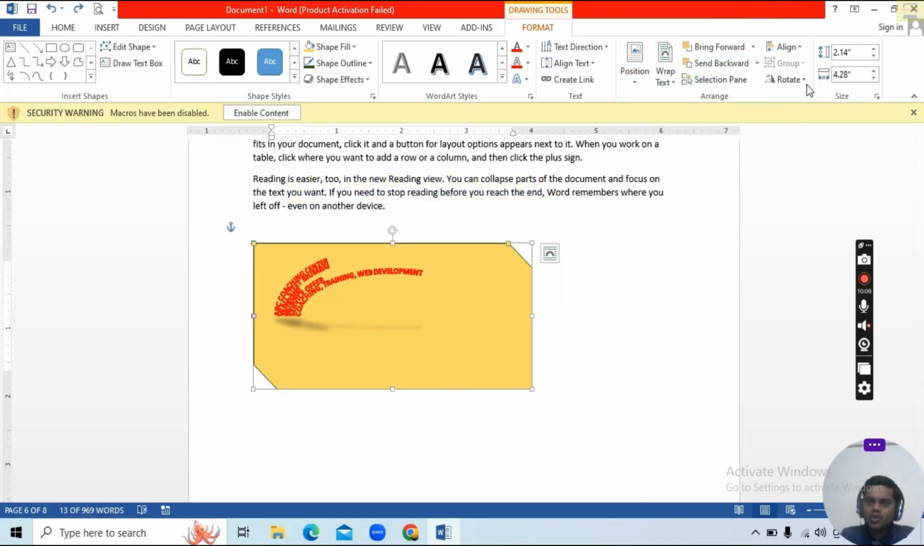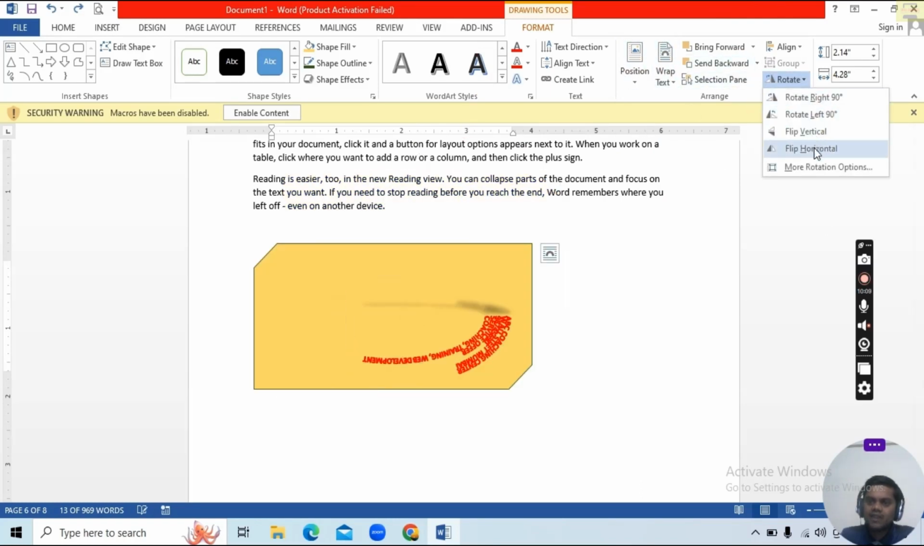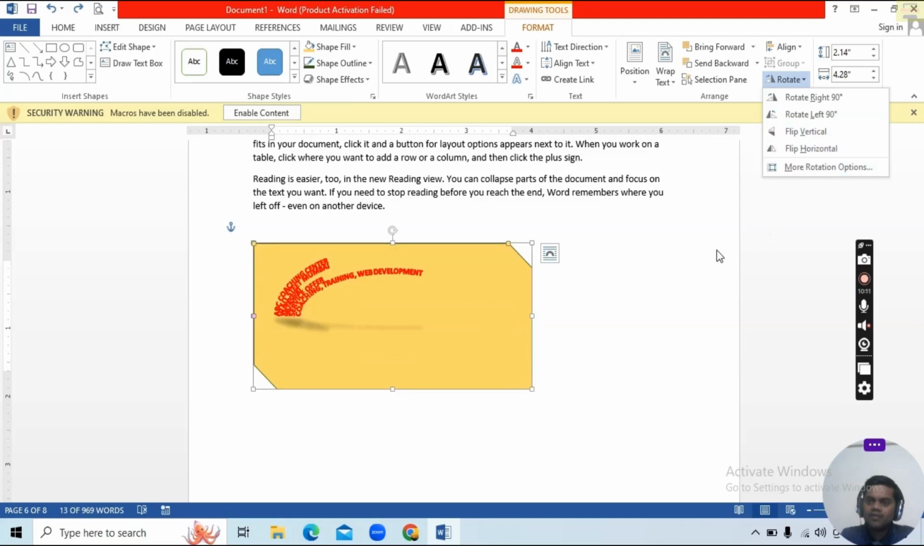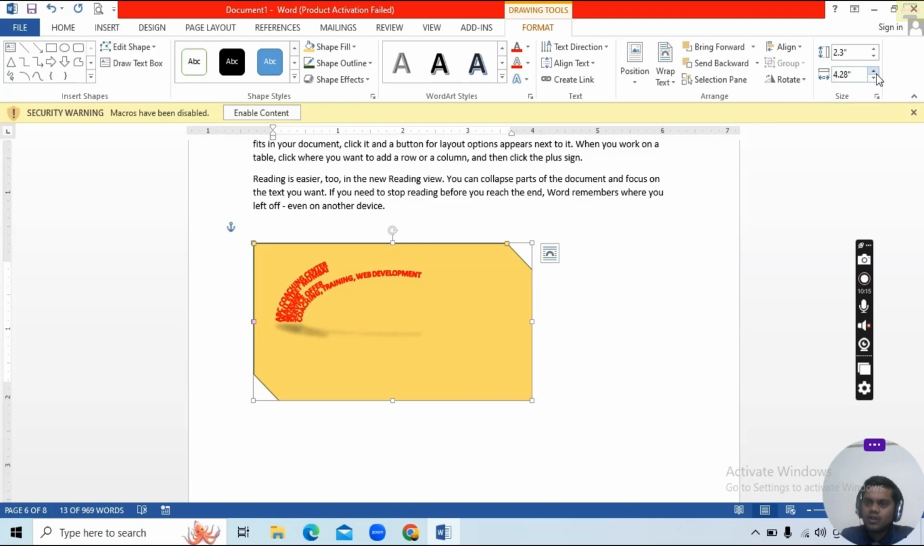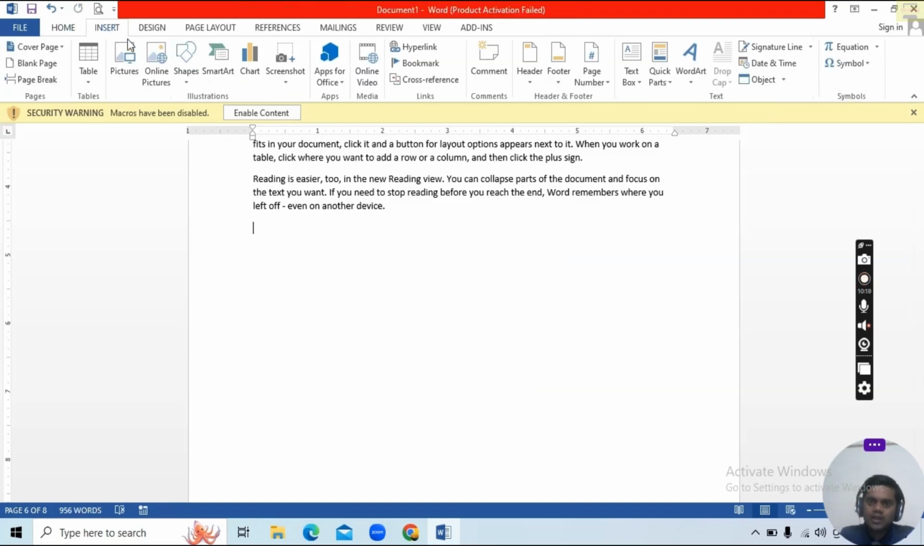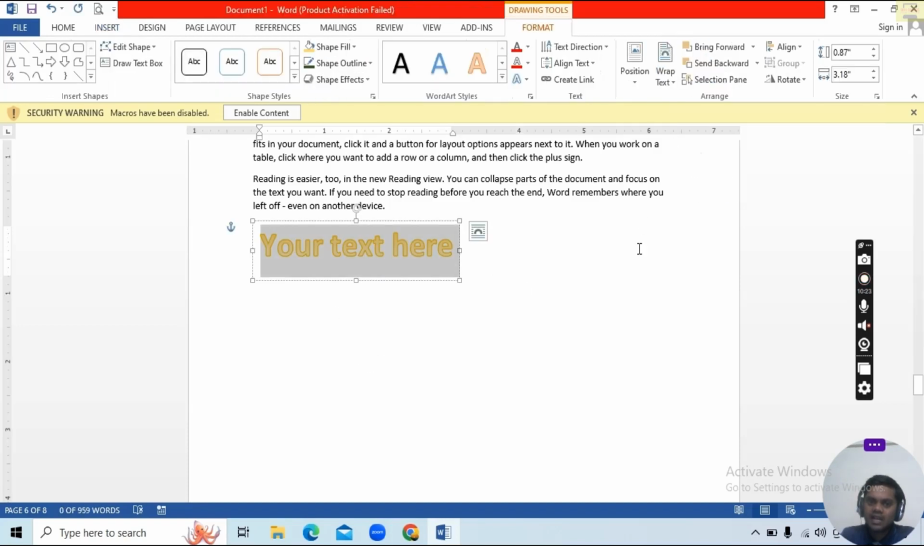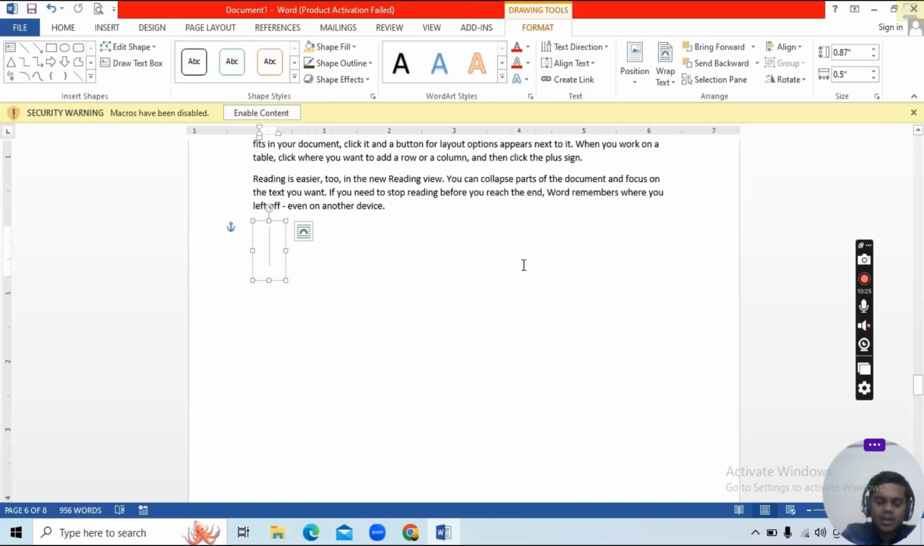Or you can also rotate it 90 degrees, left 90, vertical, horizontal, flip vertical. You can increase the height, you can increase the width also. It is called a text box. Then next is our word art style. You can also go to word art style like this, and you can type here ABC coaching center